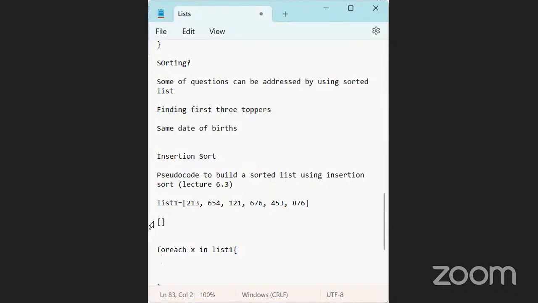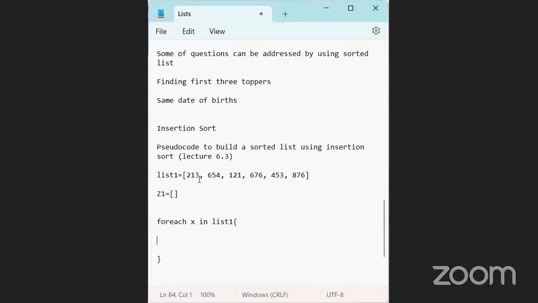Your empty list, suppose this is L1. Let's say this is Z1. Z1 is my empty list. So I am iterating through list one and I want to sort it out. So for each X in list one, what will I do? We have to check that inserted is equal to false. So we had to write inserted is equal to false, for each X in list one, if